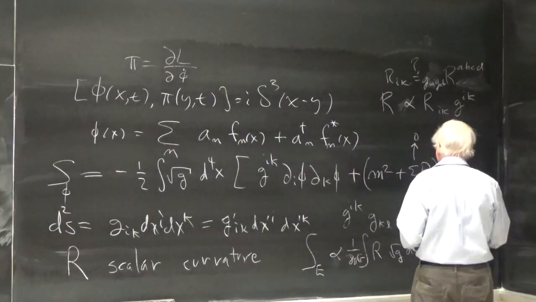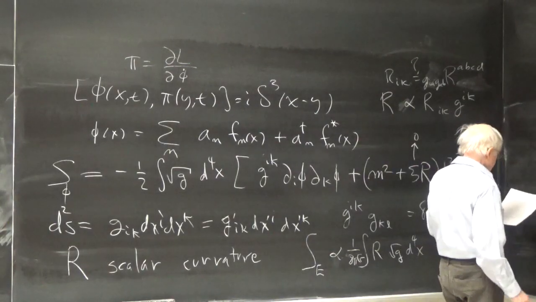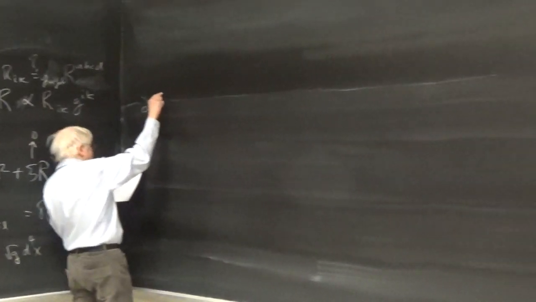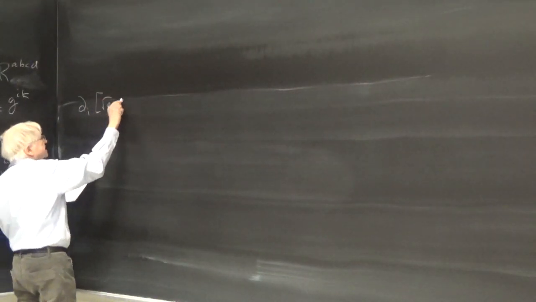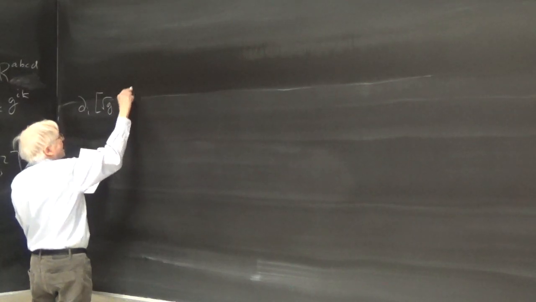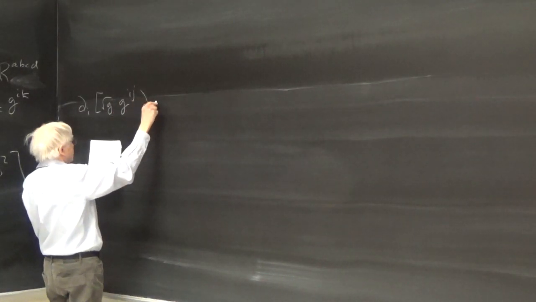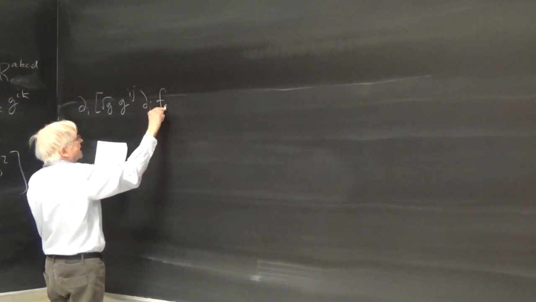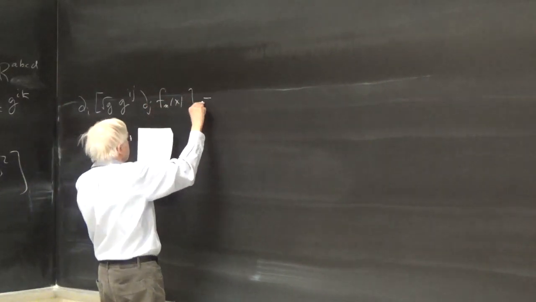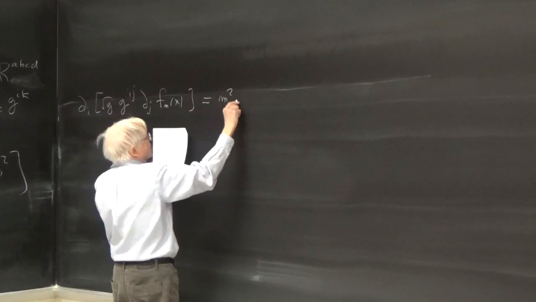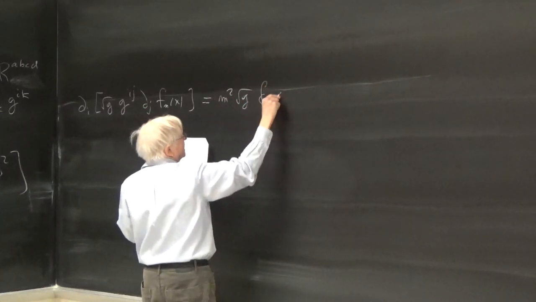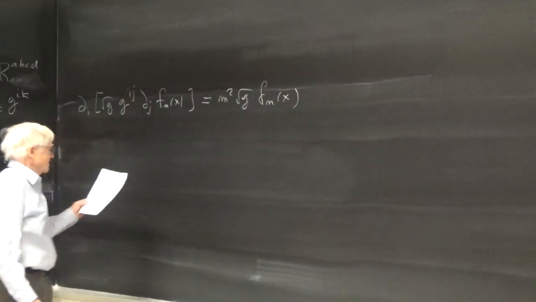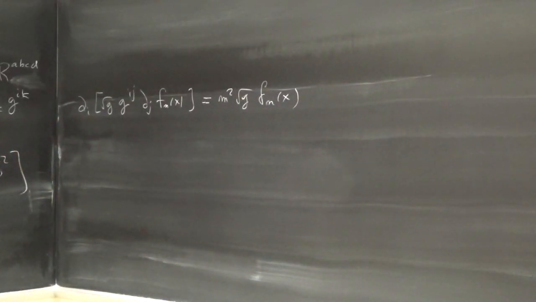Now, the equation of motion, once we set C equal to 0, is D_i of square root of G, G^{ij} D_j F_n(x) is equal to m squared square root of G F_n(x). So that's the equation that the mode functions in which we'll expand the field